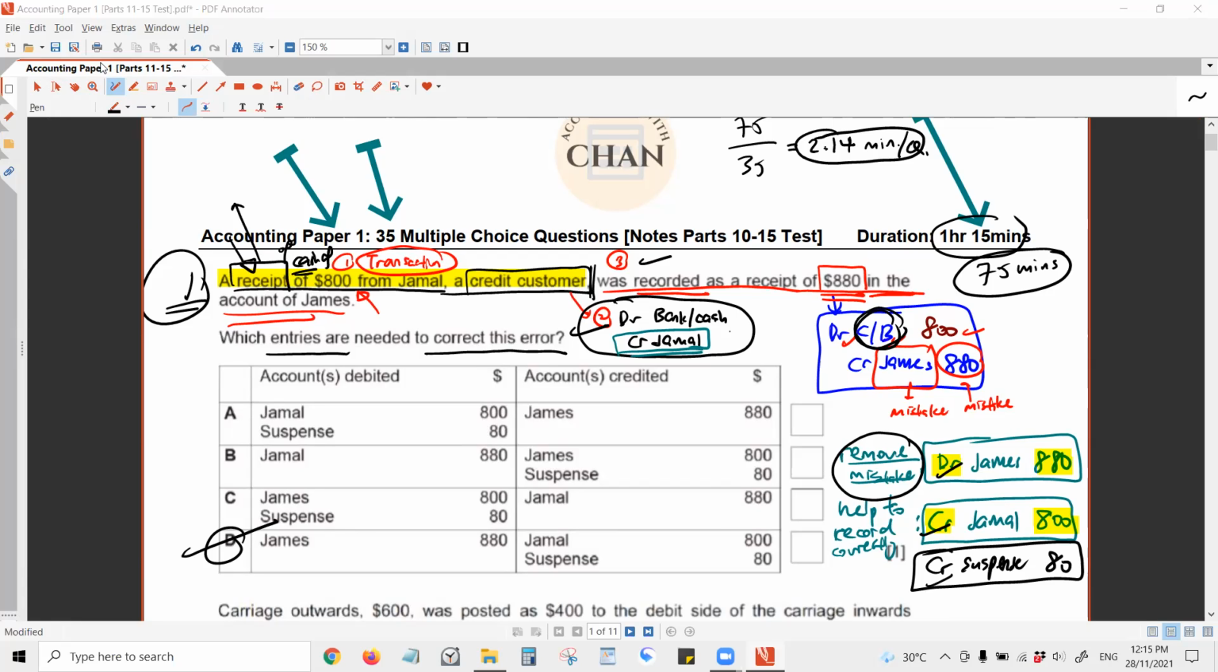How do I know it must be money? Because the word receipt means receiving money, but I do not know whether it's cash or check. Therefore, I write cash/bank. Not because of the word receipt, but because I do not know whether it's cash or check. So I write cash/bank. Okay, and then Kelly asked me,